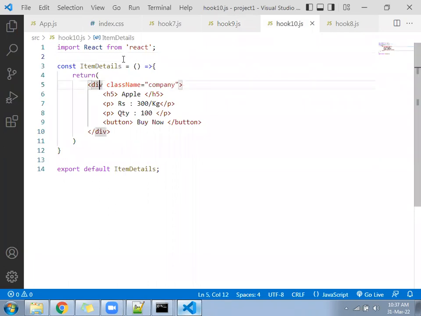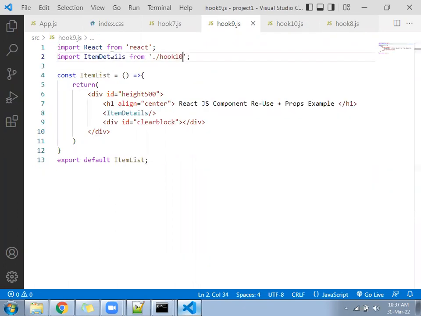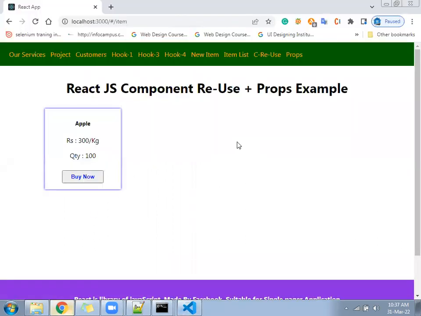Item details. Under hook 9, item details. Okay, so it is given now. Now in this, we will pass the properties. So let's come to your hook 10.js file first.